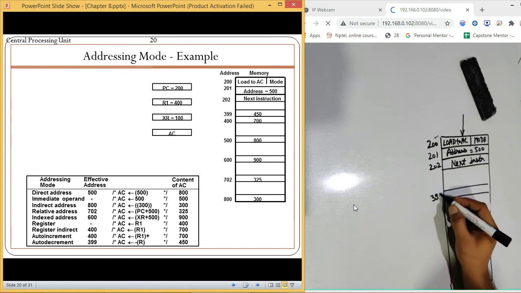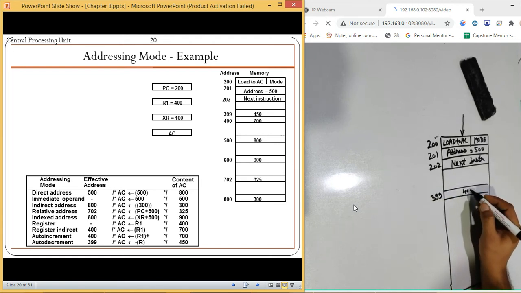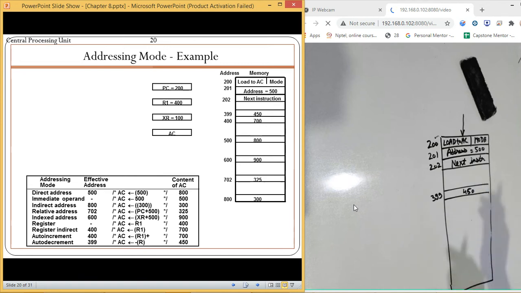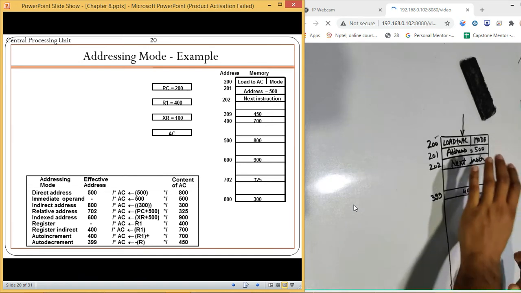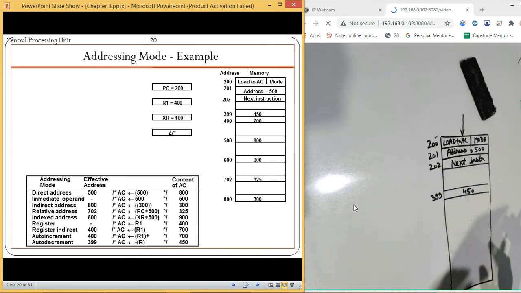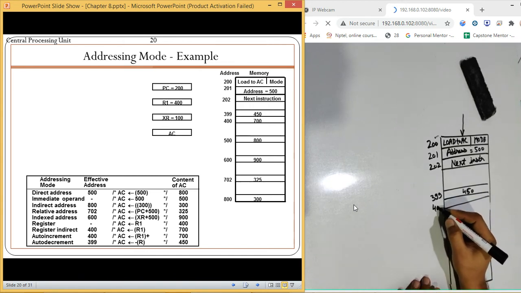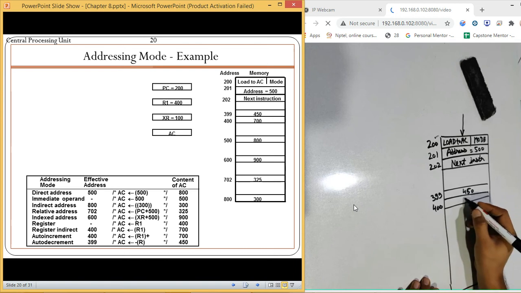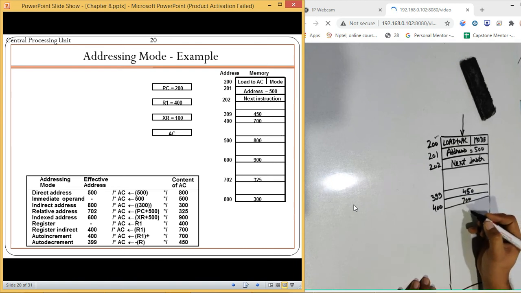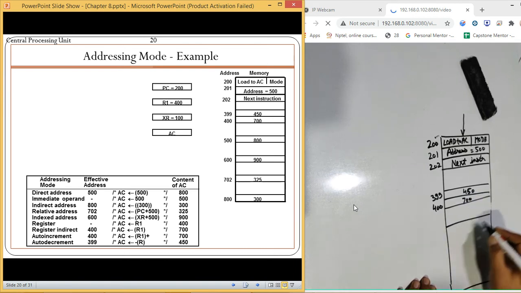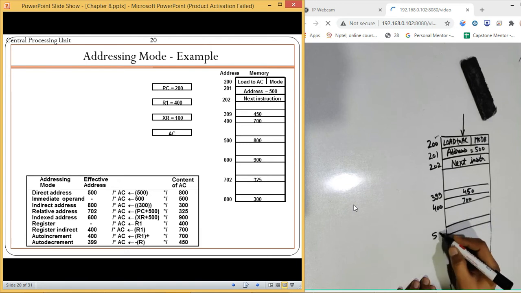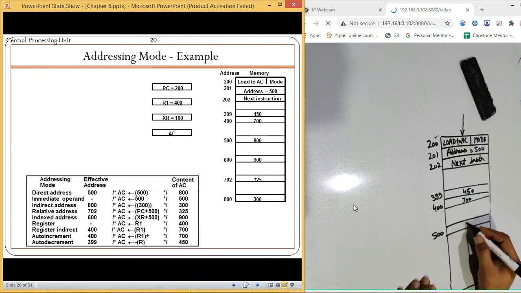So I will just complete this and then we will discuss how they are working. So at 399 we have the address 450. Now please remember, you can change any value, but all the content which you are using should be properly distributed, like all the addresses should be present. Then at location 500 we have a content 800.